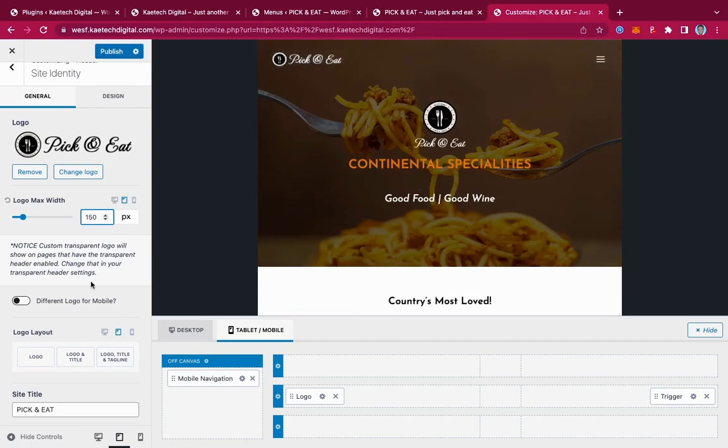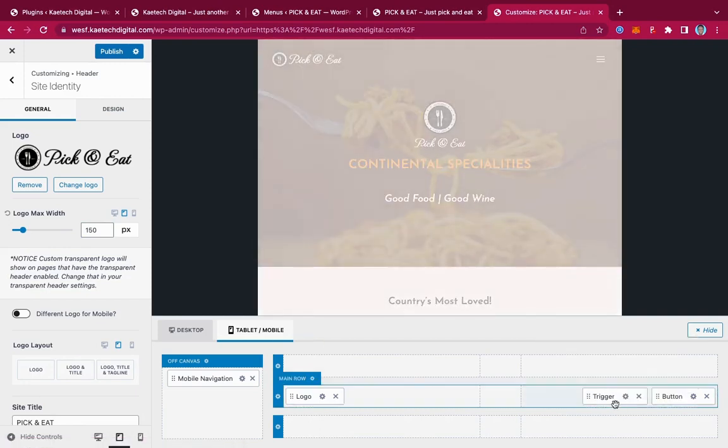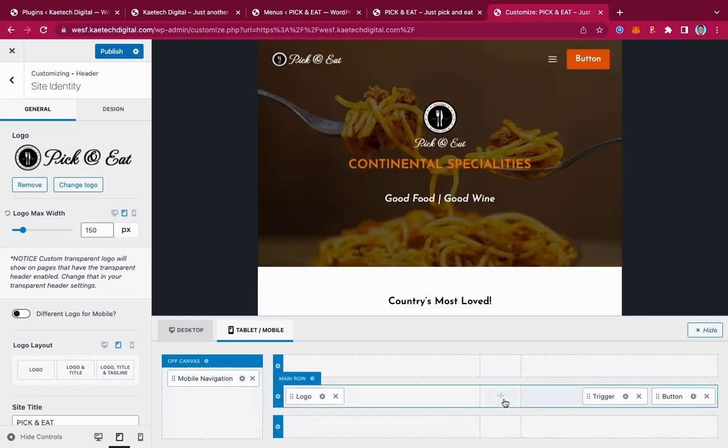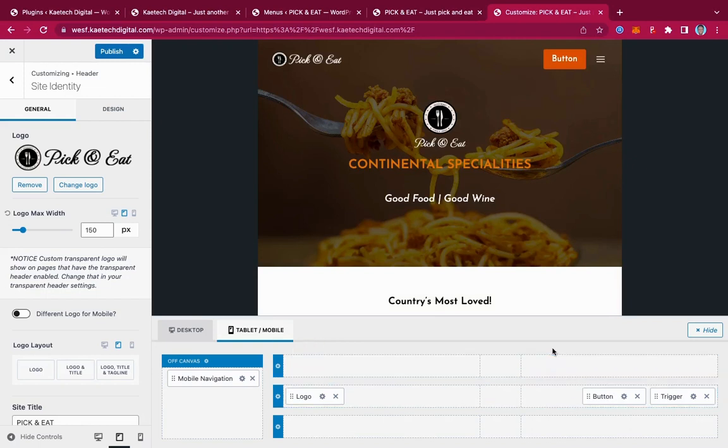So now that I have set up my logo for everything, now what else do I need to do? Now with this one also, I want to bring a button. Okay, a button over here, either here or here. So what I'm going to do is click over here, and then show a button over here, so that the button will not be at this panel, but it's going to be just close to the trigger icon. Okay, so I'm going to push the button in front over here, so that people can easily tap the button whenever they want to